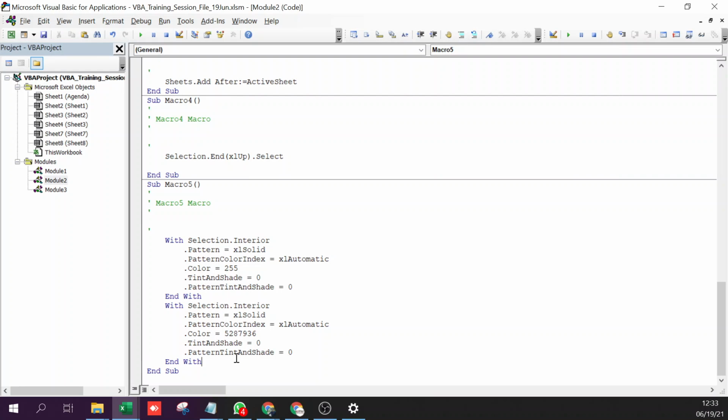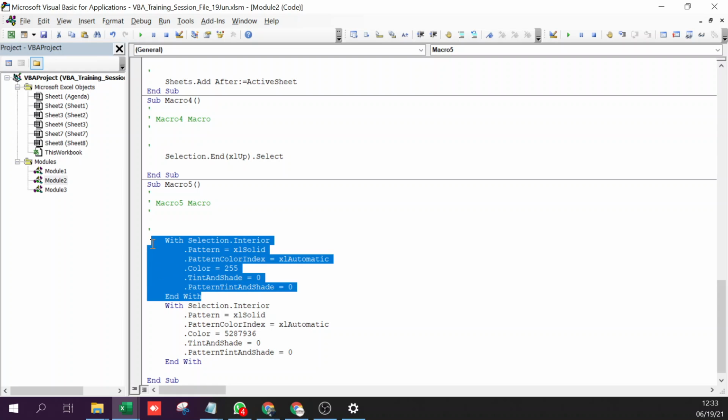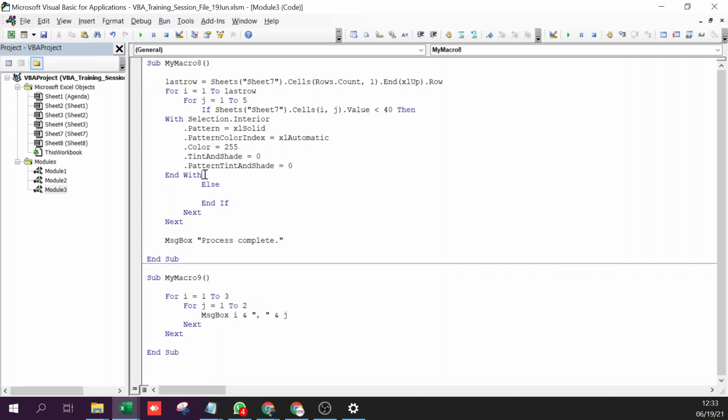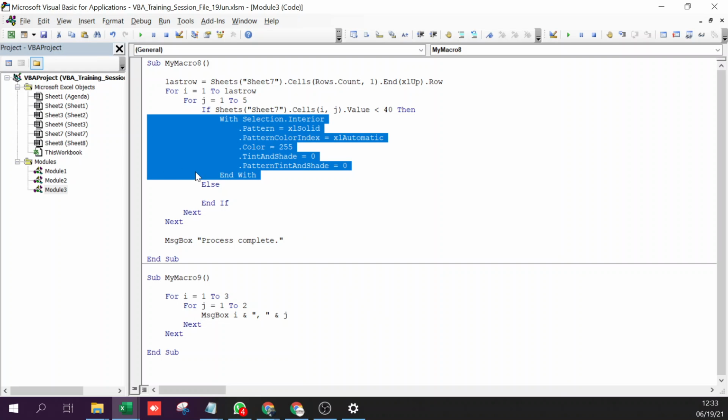In module 2, you can see there are two sets of code that got recorded. The first one was red, the second one was green. So I will copy the red one. I will put the red one here. If it is less than 40, then the red one. Right, I'll just tab it properly.